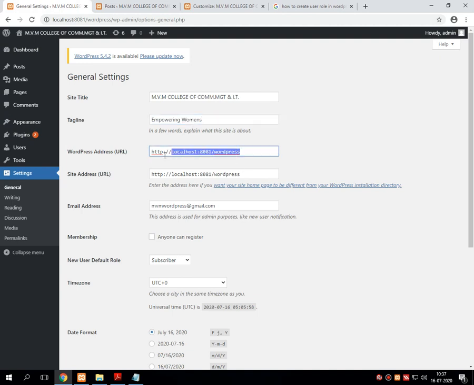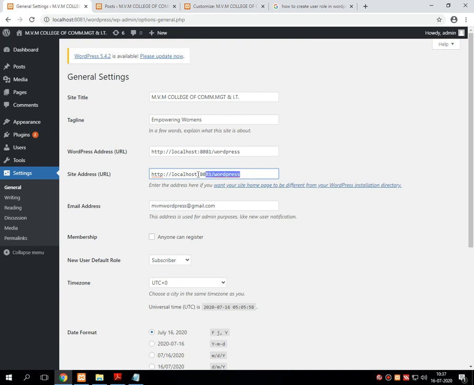Then the third one is the WordPress address, or you can say the site URL address, which means the location from which your entire WordPress gets executed is mentioned here. This comes automatically whenever you install WordPress on the system.